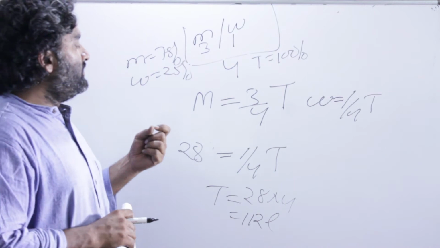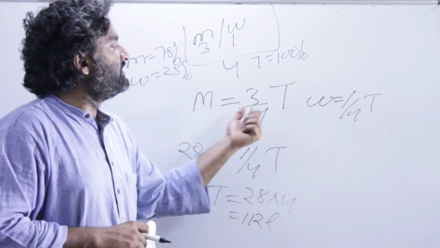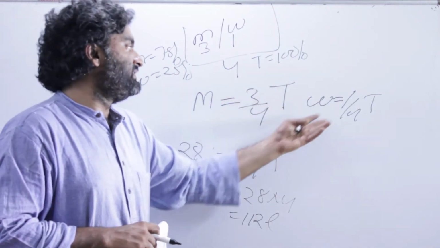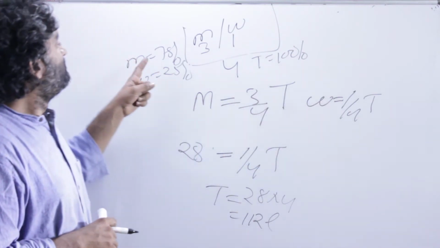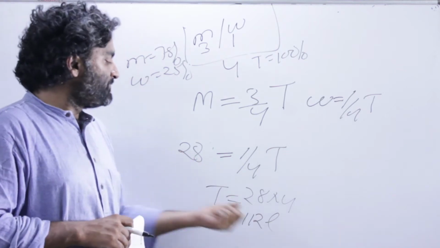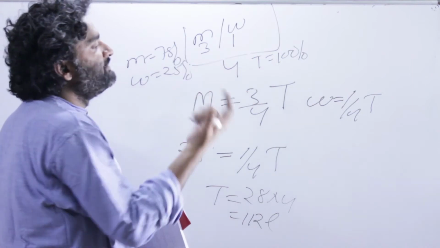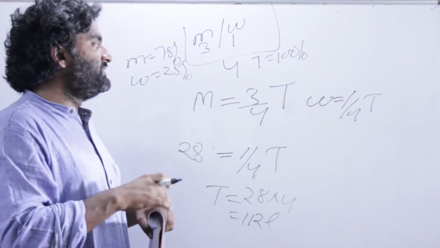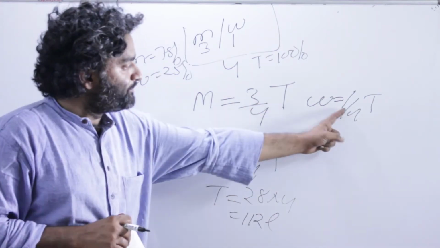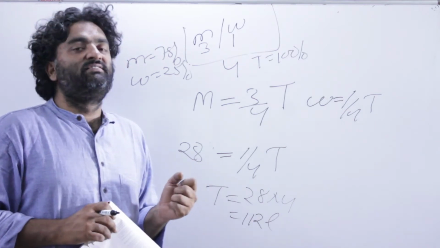So I hope another part of understanding would be this kind of corollary relationship: when you have milk equal to 3/4 of total, you simply go to water is 1/4 of total, because when you know milk is 75%, water will be the other remaining 25%. After that, this question was fairly easy. Sometimes just looking at milk and water, you might get scared. It is not a very big mathematical concept. The percentage part is right here, and the rest of it is just a story. So learn to translate the story and life would be fairly easy in percentages.